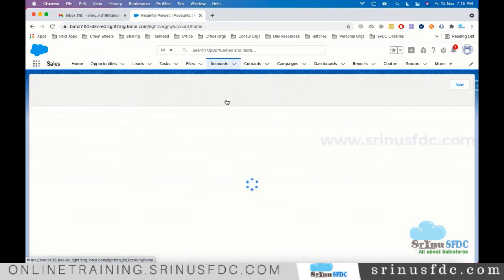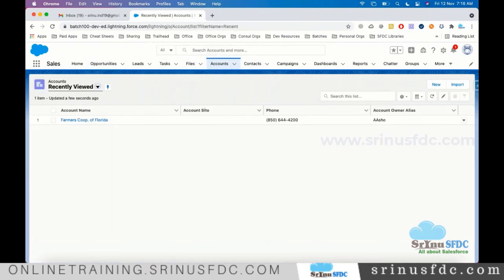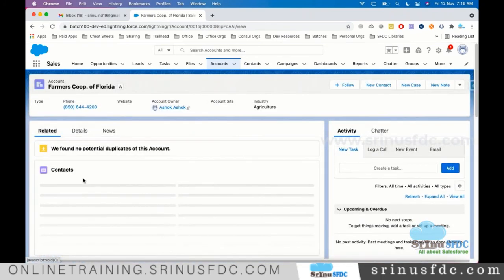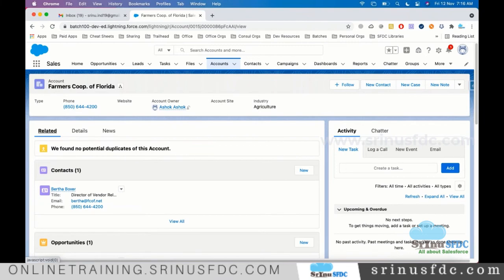In the account, which company is showing interest? Assume that, let's say, the TCS company is showing interest to buy Apple laptops. So that will be captured in the account. What will be captured in the contact? Who contacted from that TCS company.